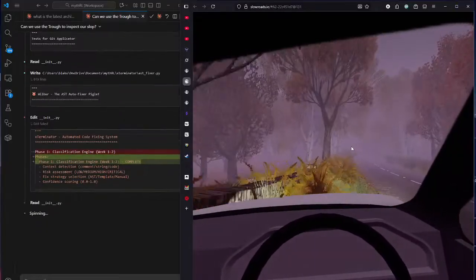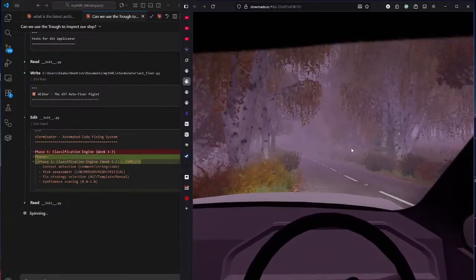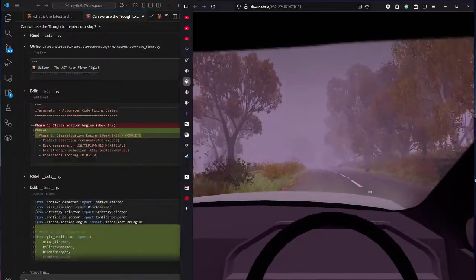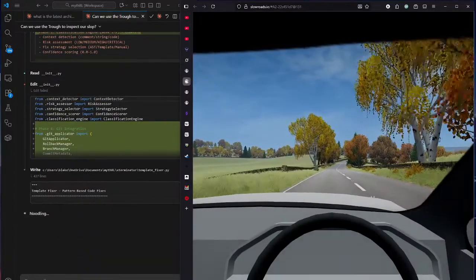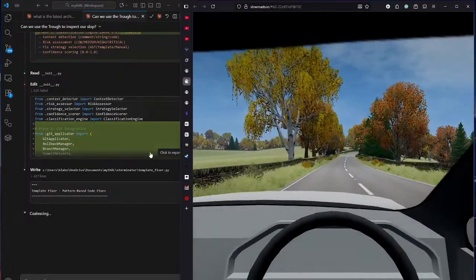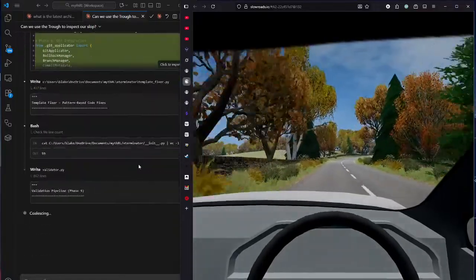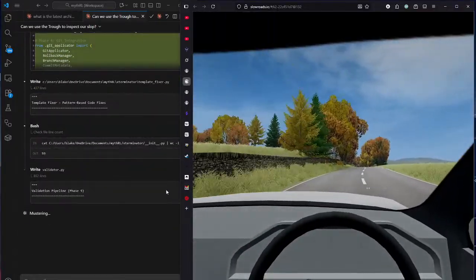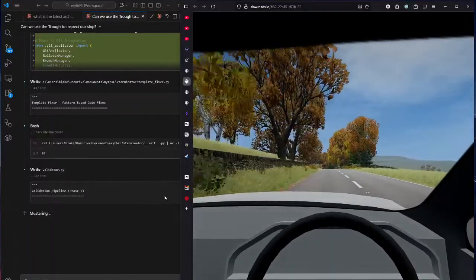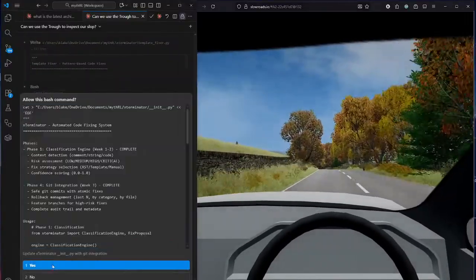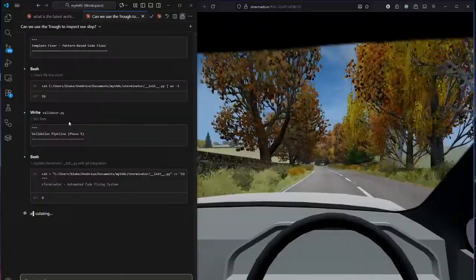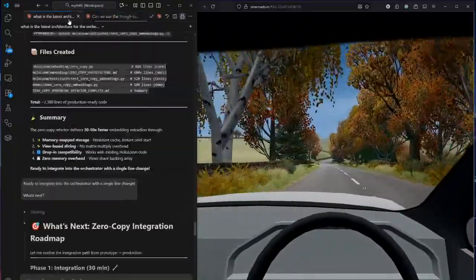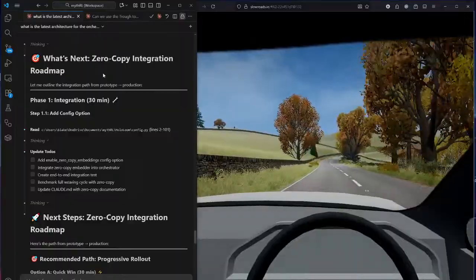How do I do that? Oh, that's nice. That's what we want. Beautiful. So anyway, that's what it looks like. Just swarm up swarms.